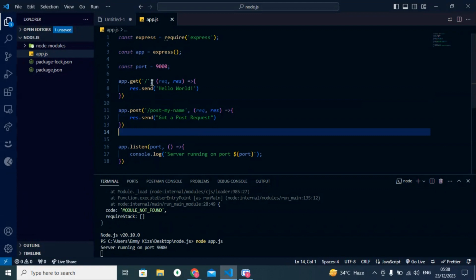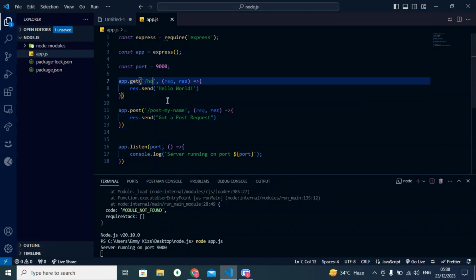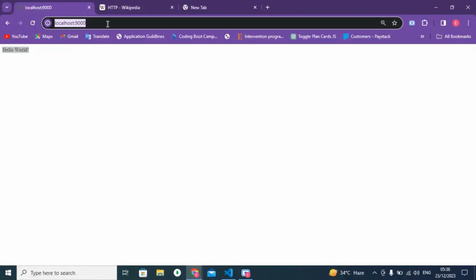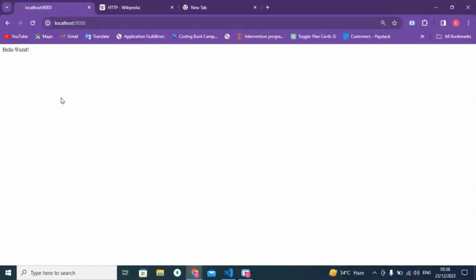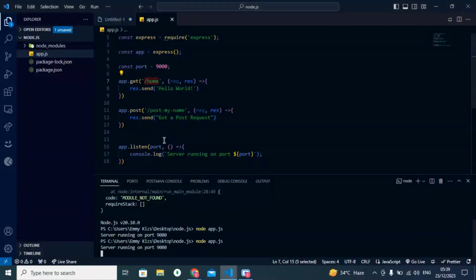So now, if I say home, the path, if I come here, hit enter, let me refresh, start my server, node app.js. So now if I refresh my website, you see "Cannot GET /". So in the case that you use forward slash to define your path,